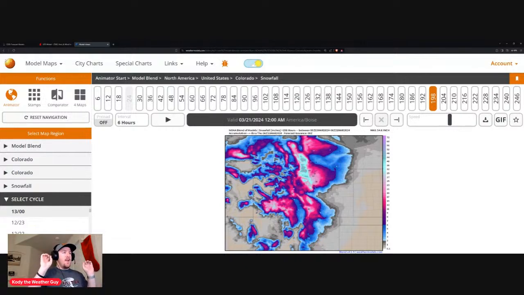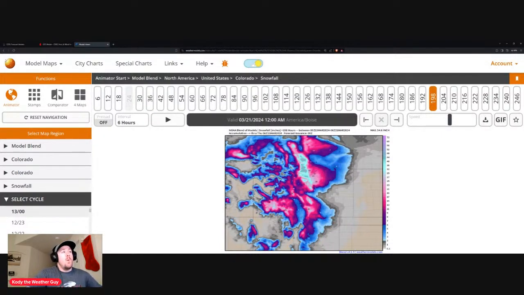Pushing air off of a higher elevation down onto a lower plain or into a valley, that air compresses, it warms up, and it dries out. So if the deformation zone I talked about earlier sets up over the Denver Metro, the Palmer Divide in northern Colorado and southeast Wyoming, a lot of that rain and snow that falls here in Fort Collins, Loveland, Greeley, going up the I-76 corridor is going to be fighting a lot of downsloping.